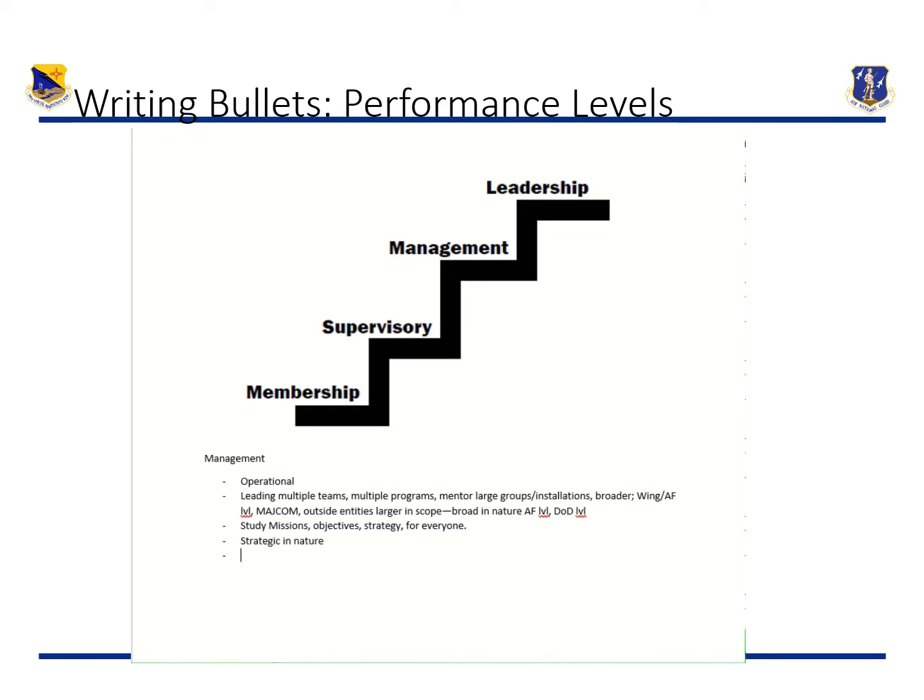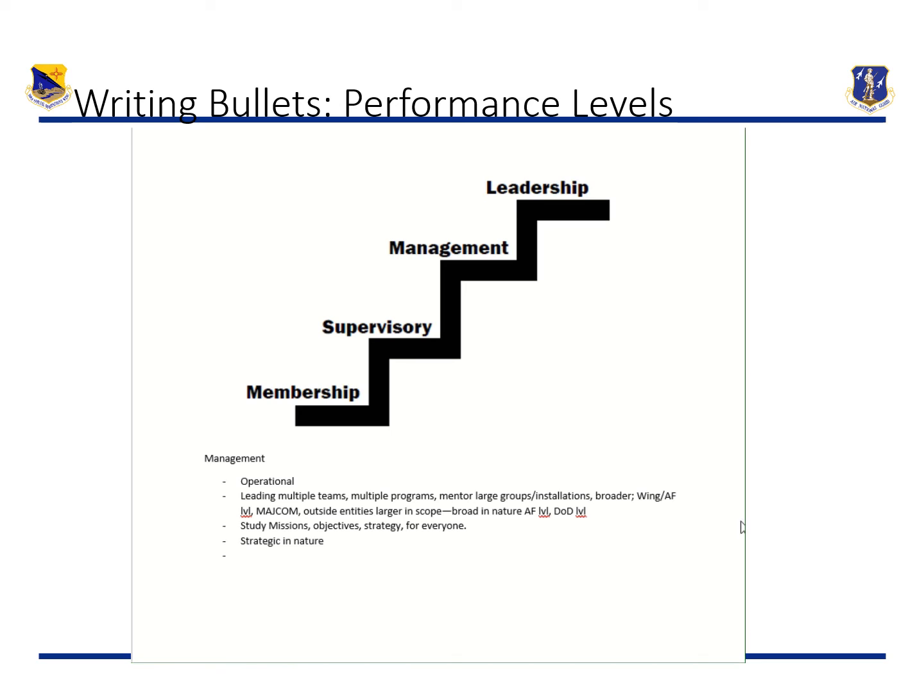And last but not least, at the management level, we really need to think about the fact that if the person is tasked, if their whole expectation, their job, is to work at the management level, then maybe the result can fall short. And so you can do these great things, but if those great things that you're doing are simply your job expectations, then you're going to fall at the membership level. So it's really hard to capture exceeding performance whenever you're trying to write a management level bullet.